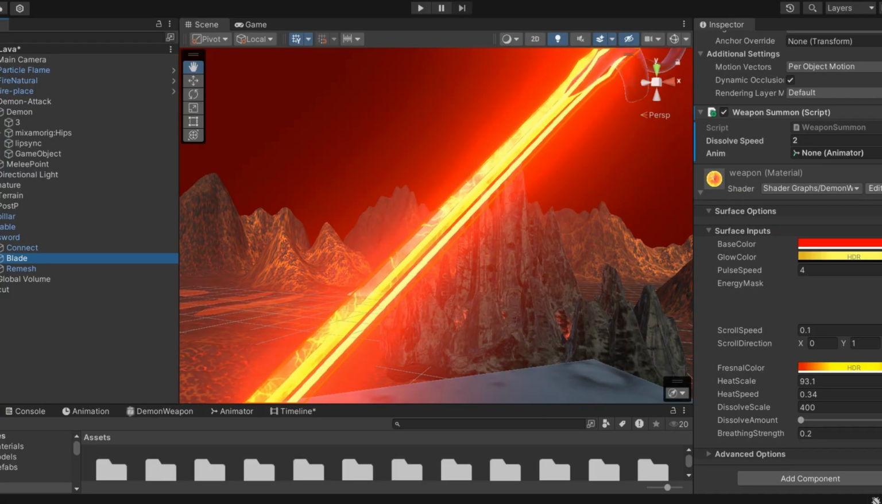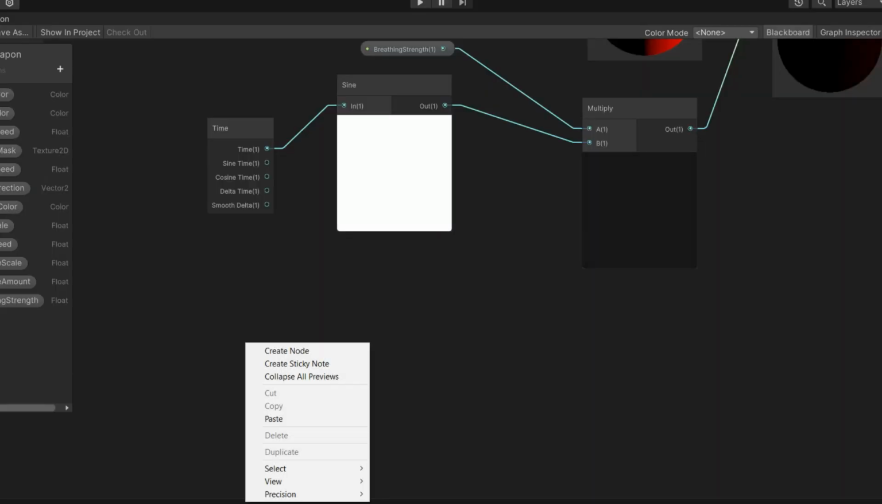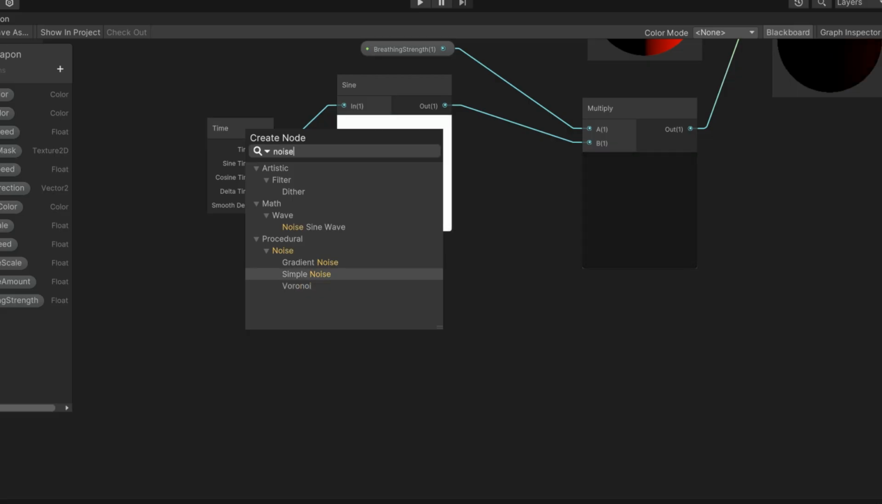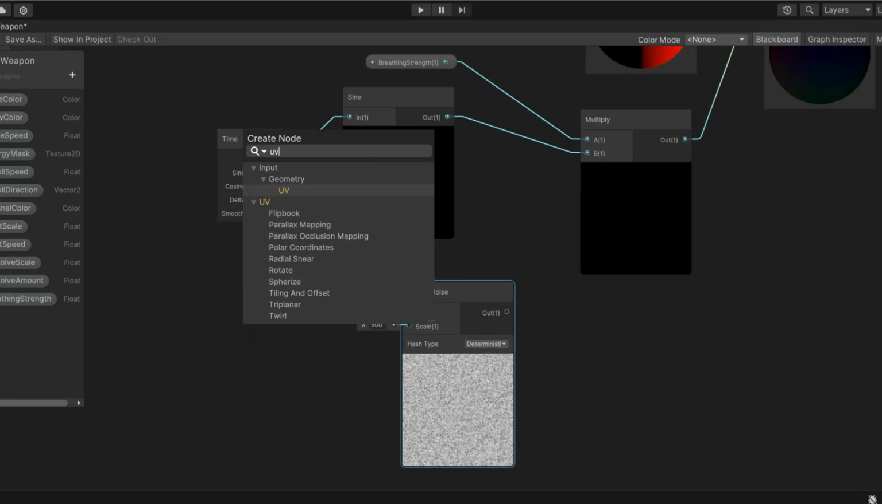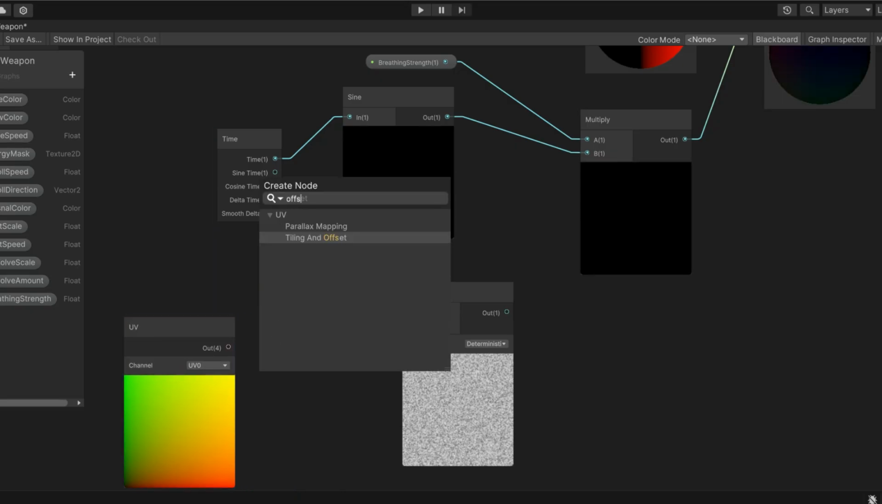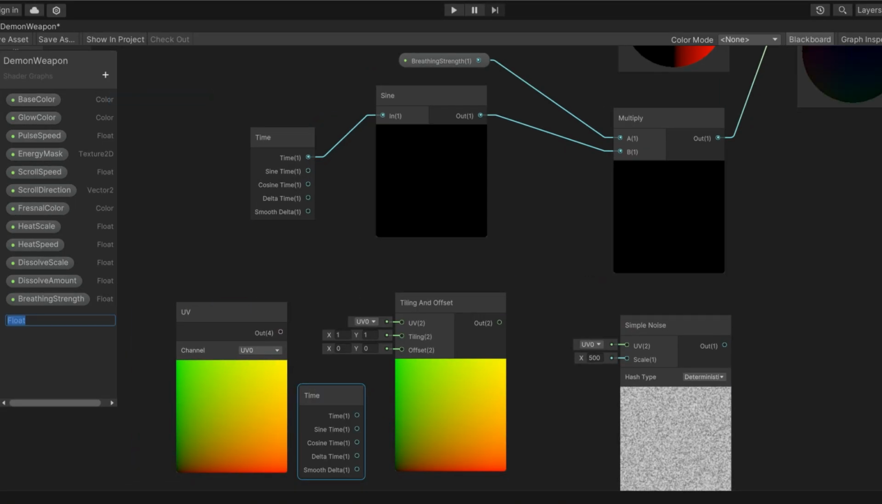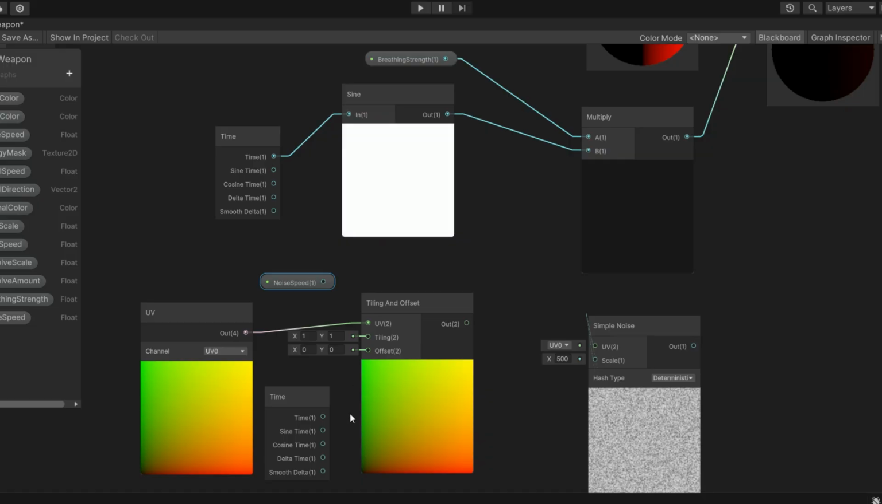Right now, every vertex moves together. Let's make it uneven. Create a Simple Noise node. We're going to use this to make different parts of the blade move differently. Create these nodes: UV, Tiling and Offset, Time. Also create a float property called noise speed. Now connect them. First UV to Tiling and Offset,